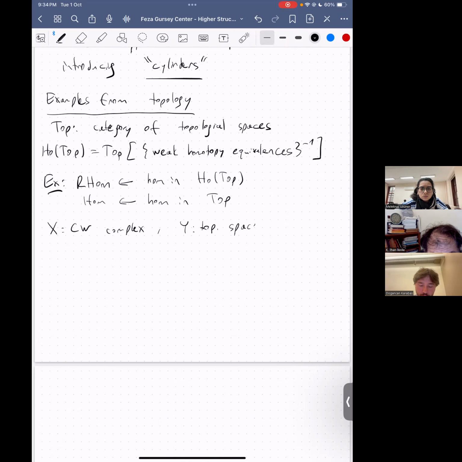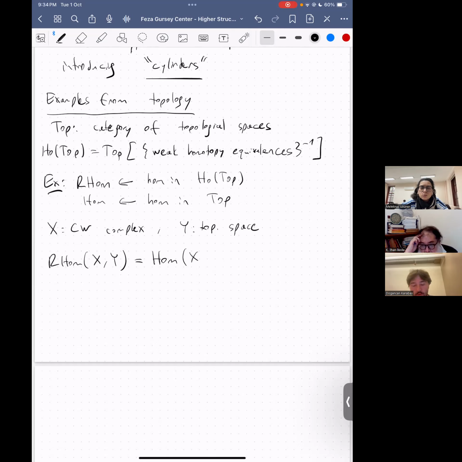And let's say I want to understand morphisms from X to Y after we invert stuff. Because there are new morphisms, not just continuous maps. There are some new quasi-morphisms. And this is equal to,